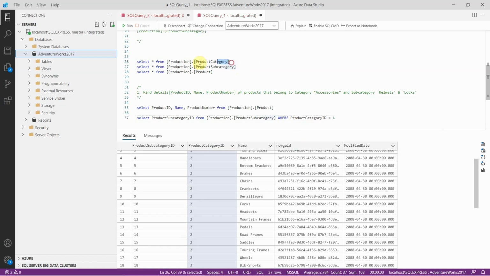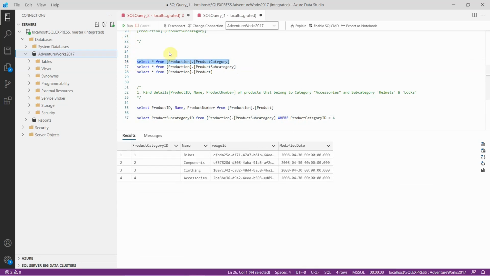If you go to this product category, you can see here the product category ID 4 means accessories. So the product category ID 4 we are using in this table product subcategory. And the other condition is we need only subcategory